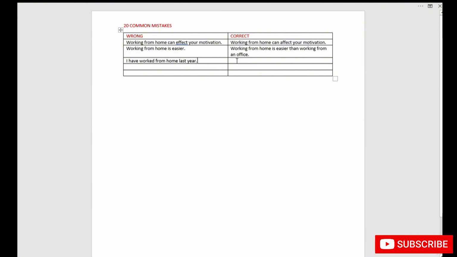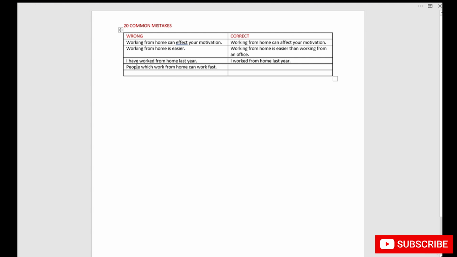So I should say, I worked from home last year. Simple past tense. Alright, the next one is relative clause related. Let's look at this sentence. People which work from home can work fast. Now the problem is that when you are using a relative clause, you need to be careful because